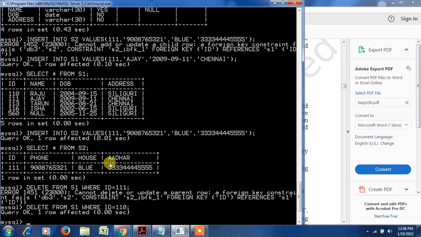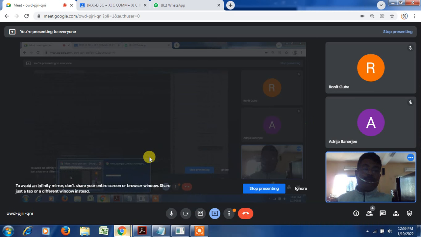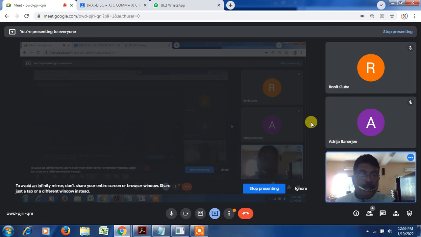The referred record always remains safe by introducing the foreign key, students. This practical is quite important, so please implement it. That's why I have repeated this class, to understand what is happening in the foreign key.